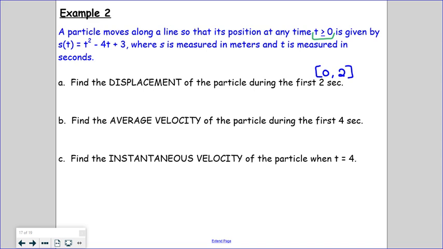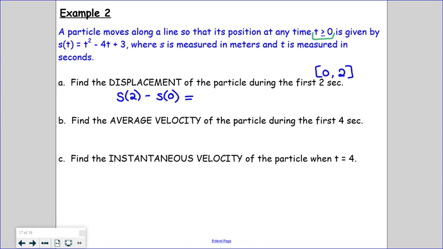Displacement is going to talk about your position. So we would look at our position, and we start with the end of it. Look at your position function at 2 minus your position function at the start at 0. And again, it's just the difference of where did we end, where did we start, how far did we move between those two spots. Well, if I plug those into my function up here, s of 2,